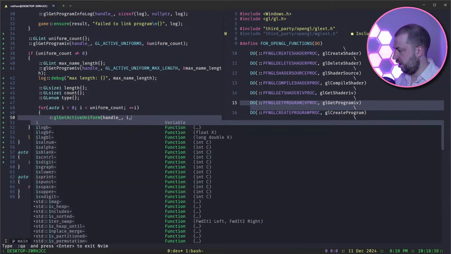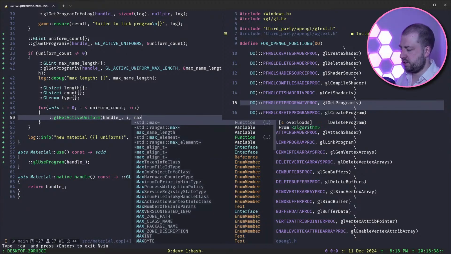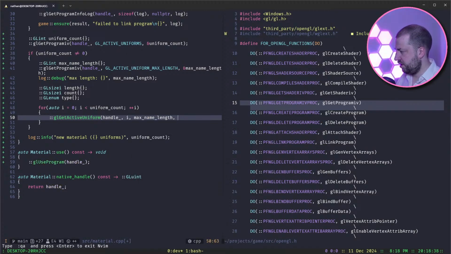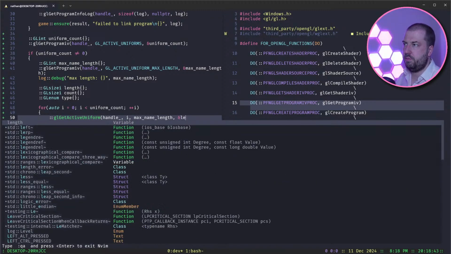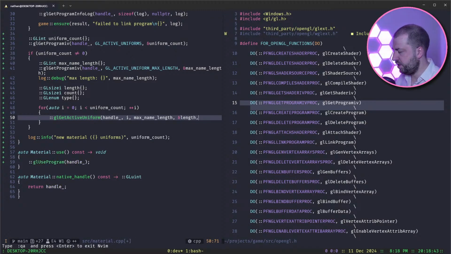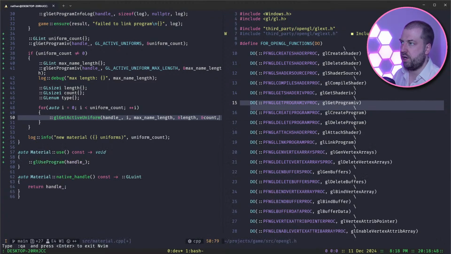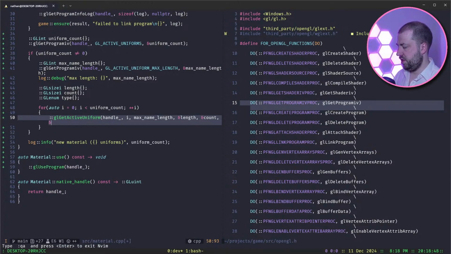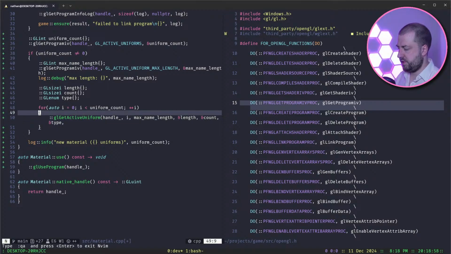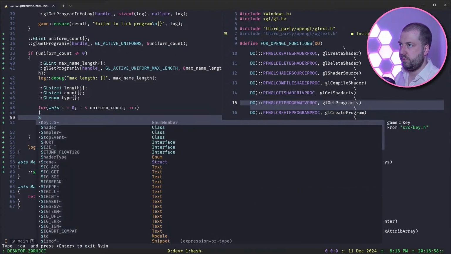It's going to take the index, the max name length, a pointer to the length, sorry, a pointer to the count, so this is going to write all these bits of data out for us, a pointer to the type, and then I believe the last is going to be somewhere to stick the data, so let's do